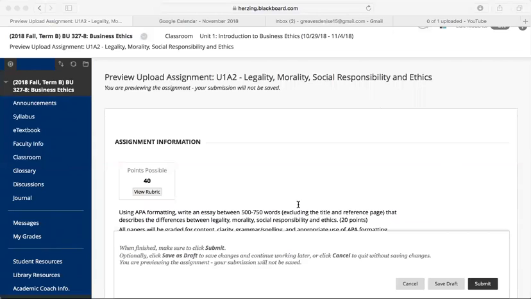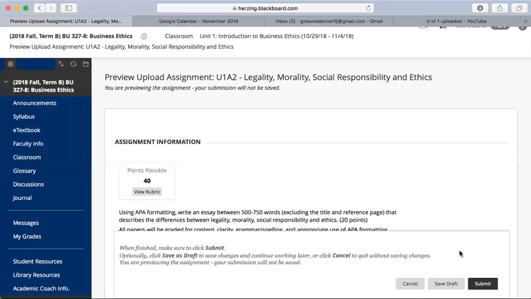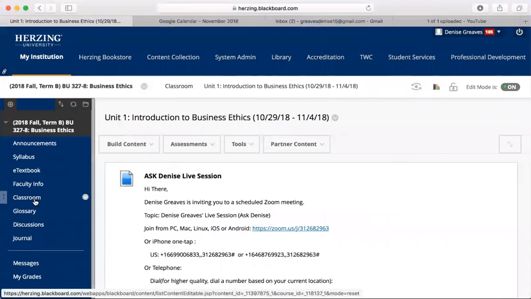So as long as there's a rubric for the assignment, it is already embedded in the class. So I urge you, class, to make sure that you are exploring the classroom in detail, just to ensure that you are using the resources that are available to you and you understand how you're being graded.